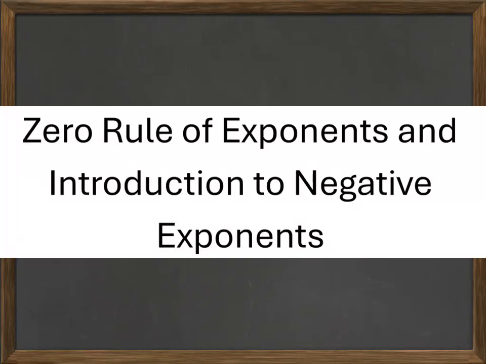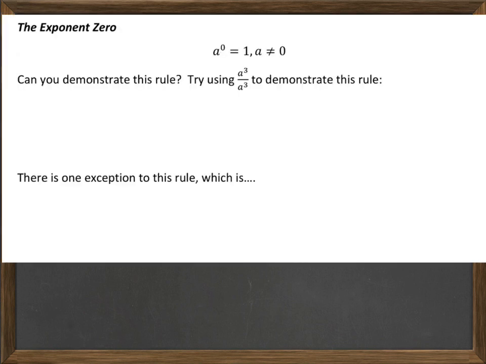Welcome to this video on the zero rule of exponents and the introduction to negative exponents. Let's begin. The exponent 0. By definition, a to the 0 power is equal to 1, and a can be any real number except for 0. Let's demonstrate this rule using a to the third power divided by a to the third power and applying